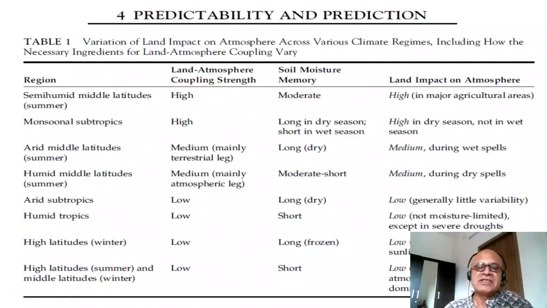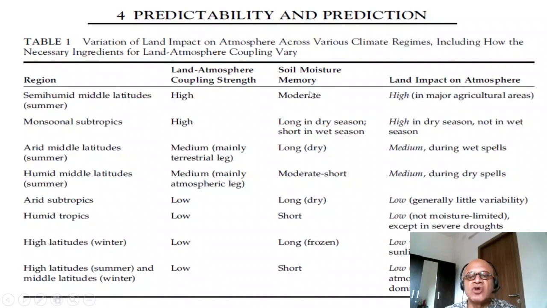Just keep that in mind, and you can follow up the references if you are interested why this is high and why this is medium, why this is low, and so on. But intuitively, I hope you're getting a sense. But it is helped here by looking at soil moisture memory. It's moderate here, long in the dry season and short in the wet season. So this determines the feedbacks as well in terms of, for example, persisting droughts, or feeding back to the rain processes in terms of re-evaporation and recycled precipitation and so on.